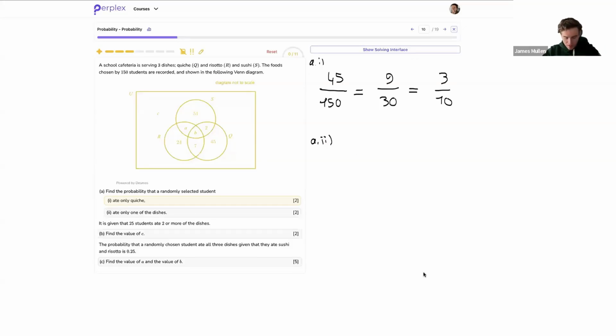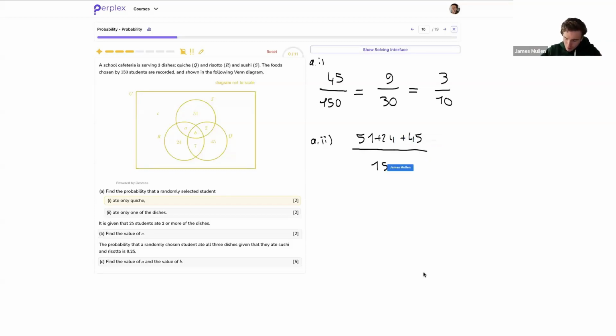The probability that a randomly selected student ate only one of the dishes. So one of the dishes would mean either only risotto, or only sushi, or only quiche. So I can do 51 plus 24 plus 45